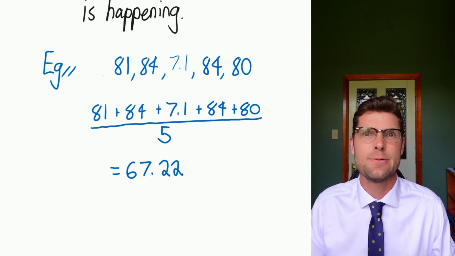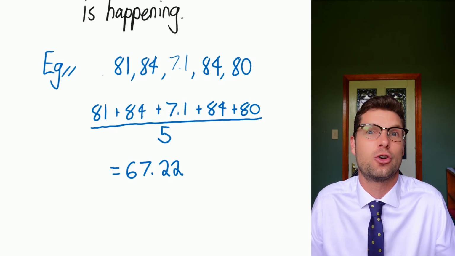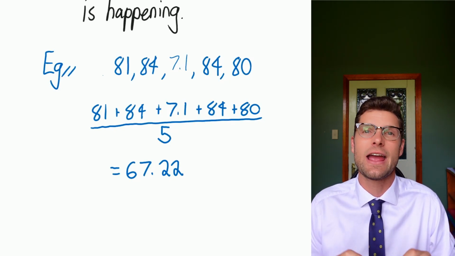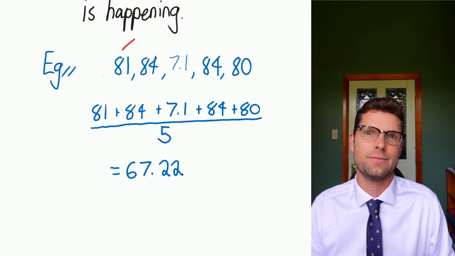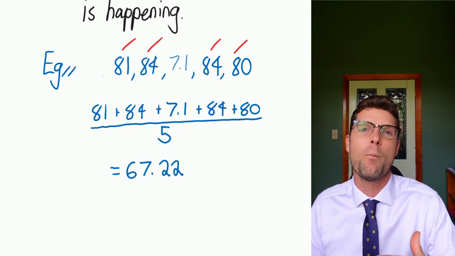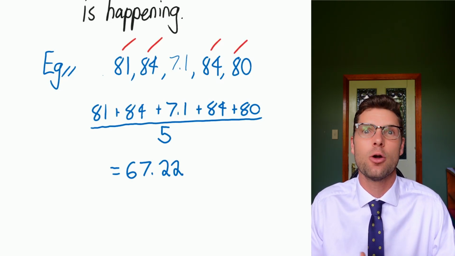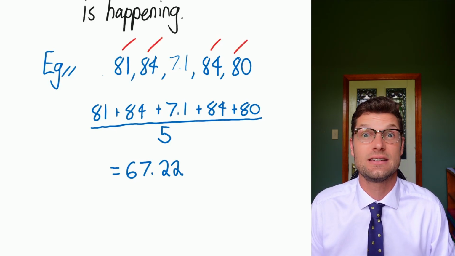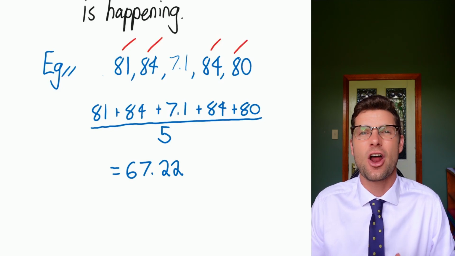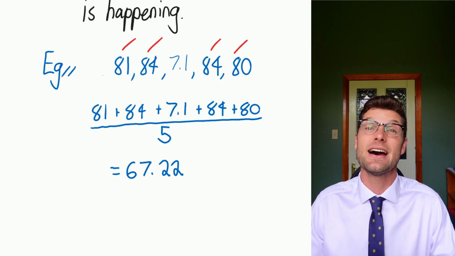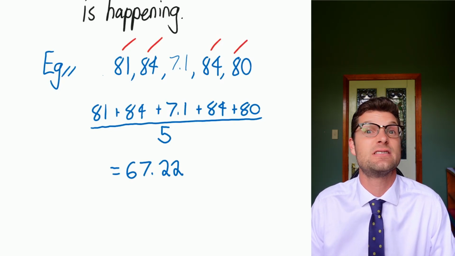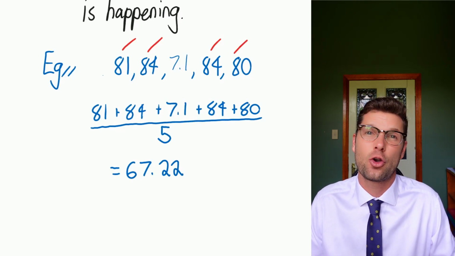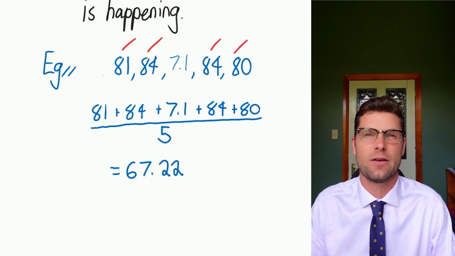And it might not have been a computer mistake. Maybe you were sick that day, maybe a pen ran out of ink halfway through and you couldn't finish the test. Even though there was something odd about that mark, it still changes your measure of center completely. In this example, I would be more willing to bet that you would get back around the 80s if we were to do more tests than saying, oh yeah, you're a 67 student. So just having an idea of, hey, it does account for everything, even if there is an explanation for a crazy result. And that could really change how you think about something.